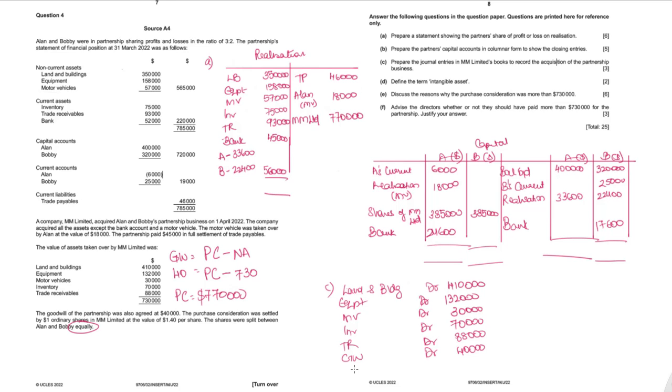And everything will be credited to A and B, Alan and Bobby's firm. So Alan and Bobby credit, which should be equal to the purchase consideration, which is 770,000. And then in the second entry, you will debit Alan and Bobby,